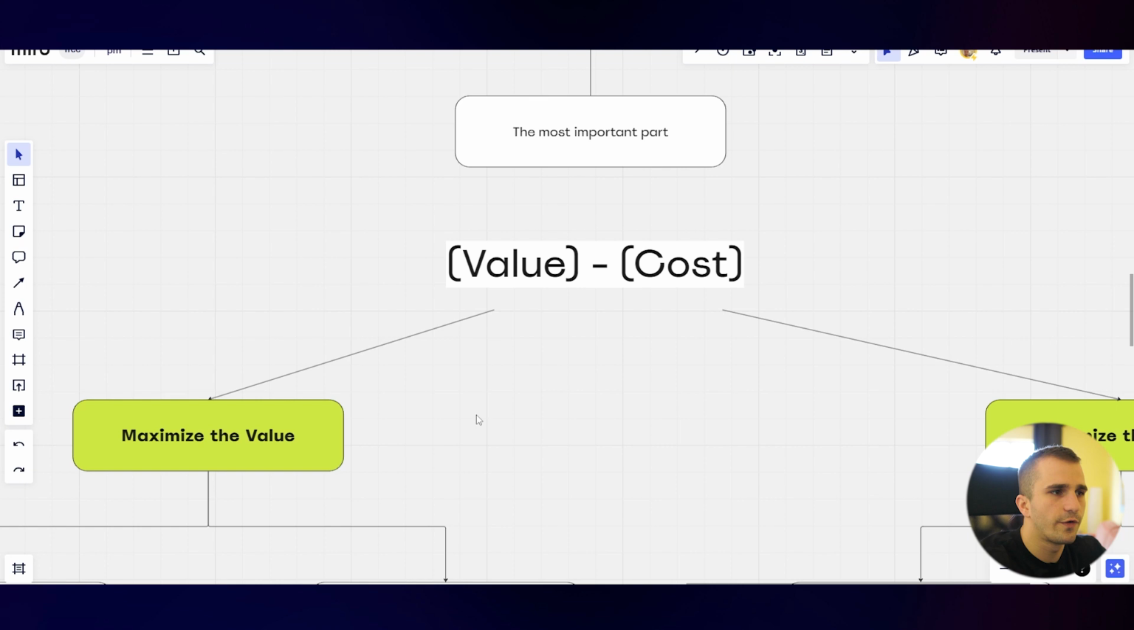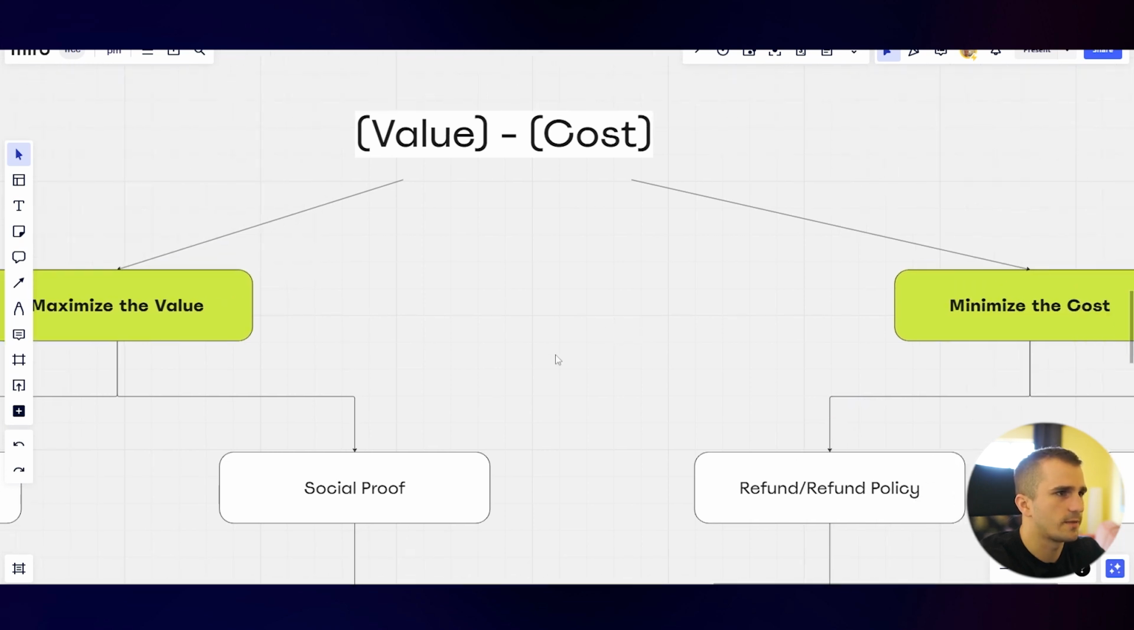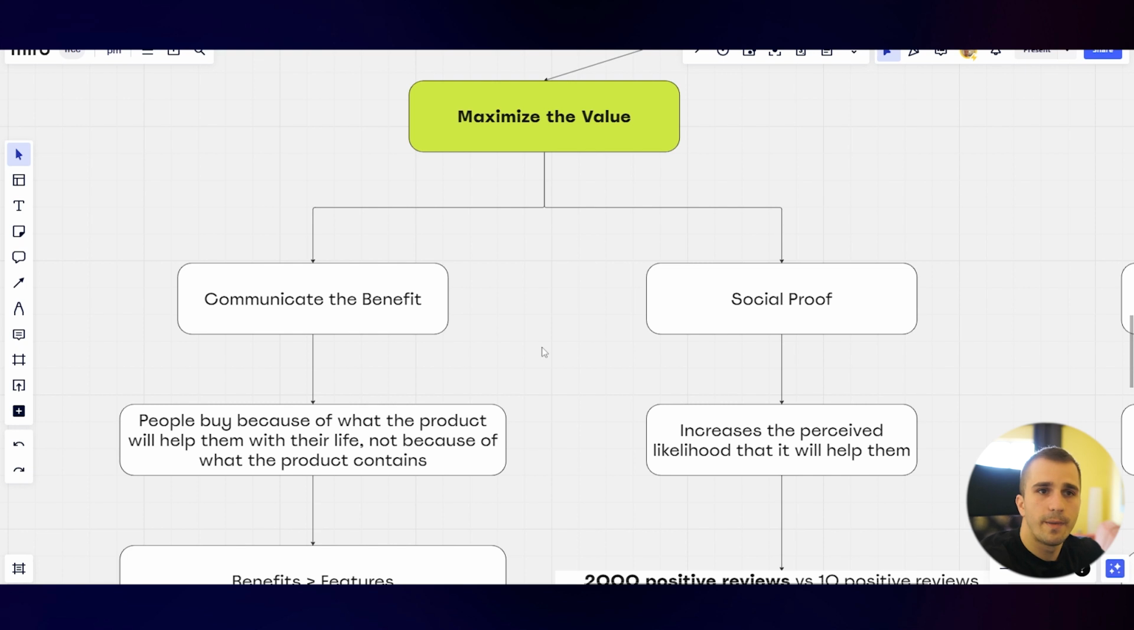So we all know the offer consists of the value minus the cost, and what you want to do is to maximize the value and minimize the cost. So how can you maximize the value of your offer? By communicating the benefit. If you're selling, for example, some specific product and people don't understand what they get from that product, or they have to guess,